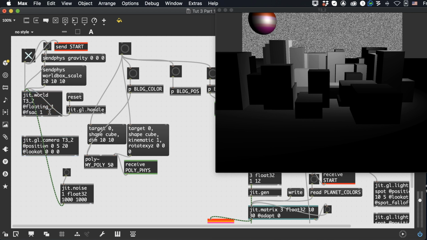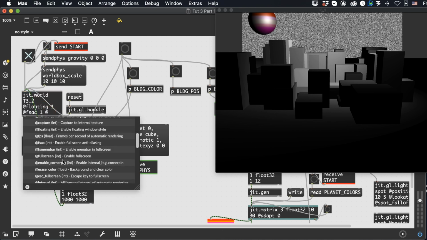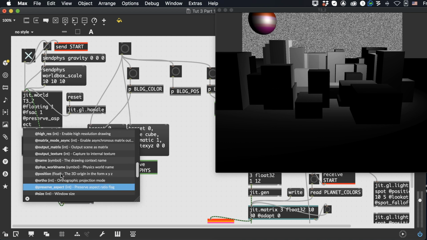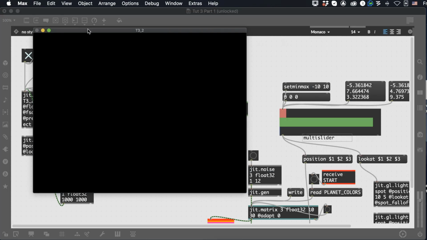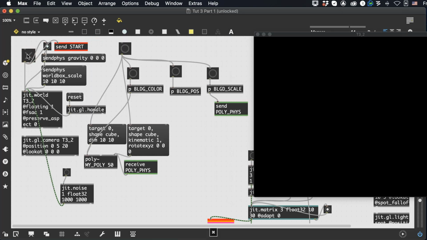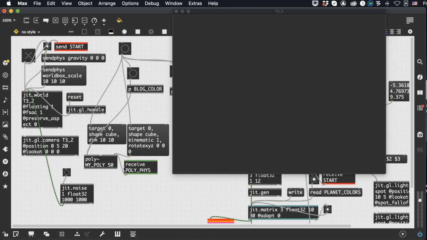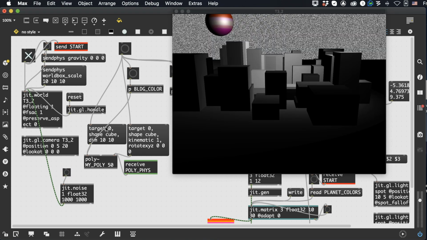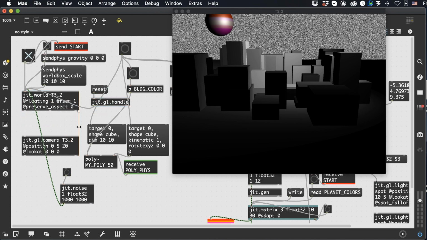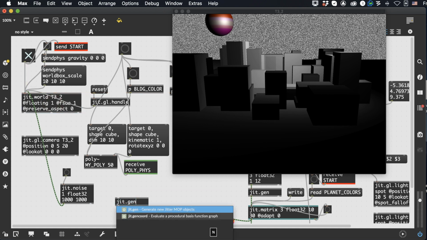So we need a new attribute of jit.world, which is preserve_aspect 0. So with preserve_aspect 0, our static will now fill the sky, and that's nice, but still we don't want a static sky. But this is very easy to convert into some stars. If we say jit.gen